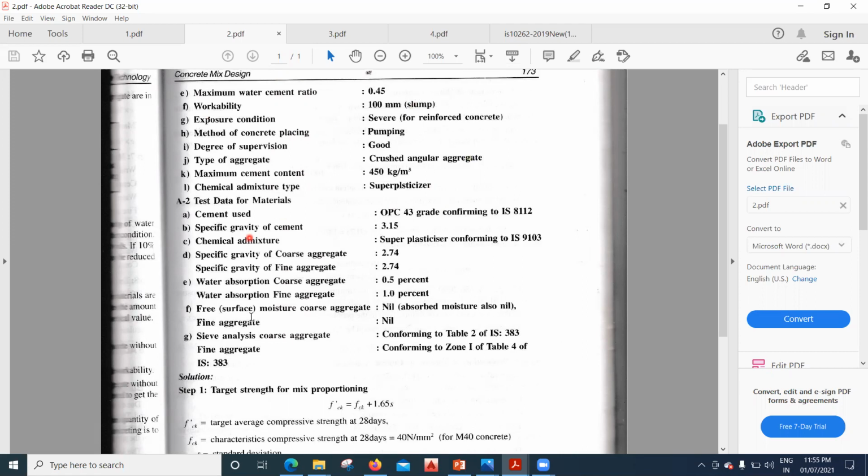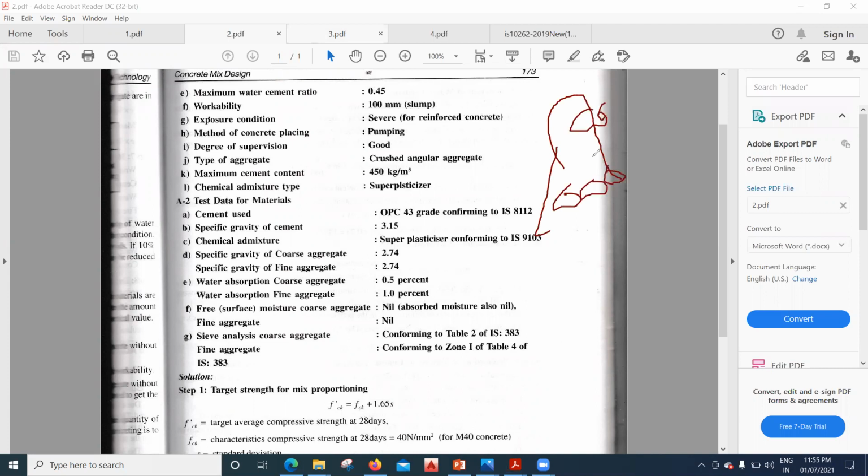That means, when you do the concreting work, you will be bringing the coarse aggregate and the fine aggregate, right? So these people will come to your site and take samples from your site. Let us say you have stored coarse aggregate here. He is going to come and take a sample of the coarse aggregate from here, and a few from here.